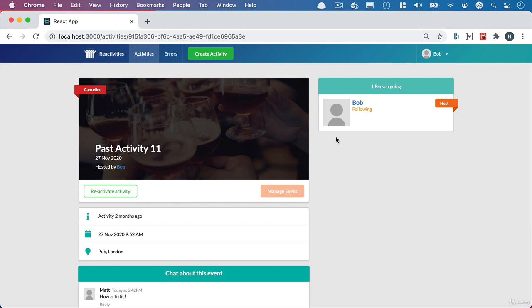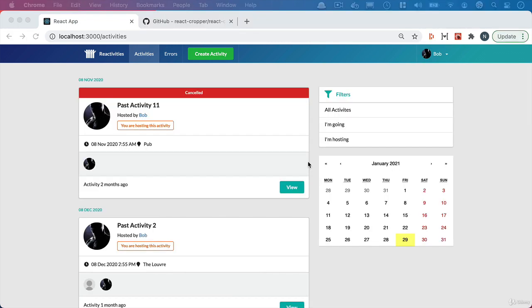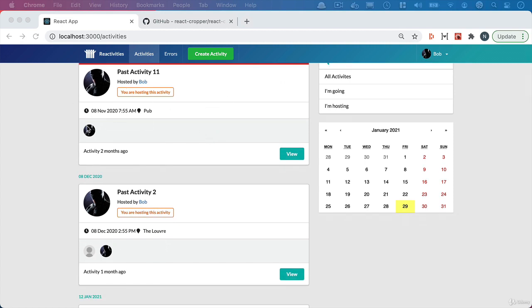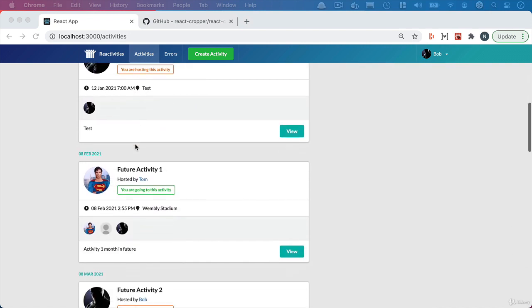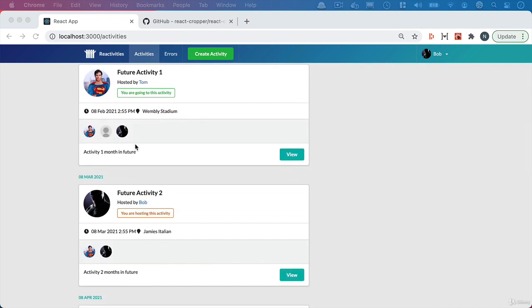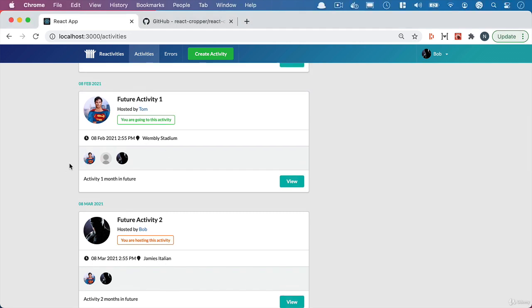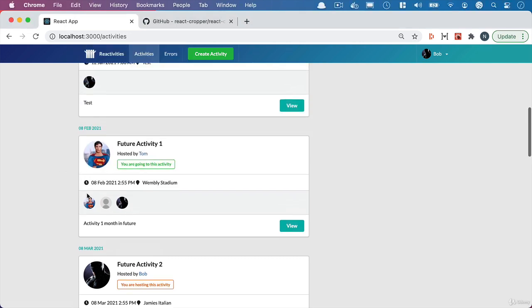So by the time we finish this section, then we're going to start to see images in our application for our users. We're going to see it in the navbar, we're going to see it in the activities, in the attendees, where the user actually has made the effort to upload an image, otherwise we're still going to see the placeholder. But we should be able to hover over these cards and see the image inside the profile cards as